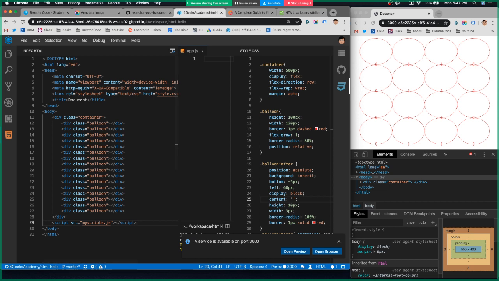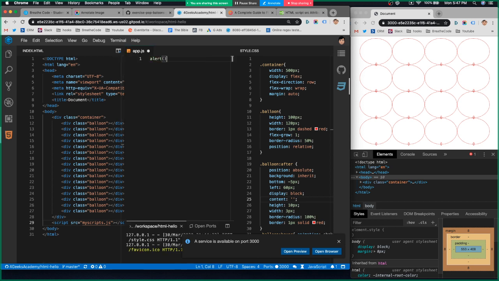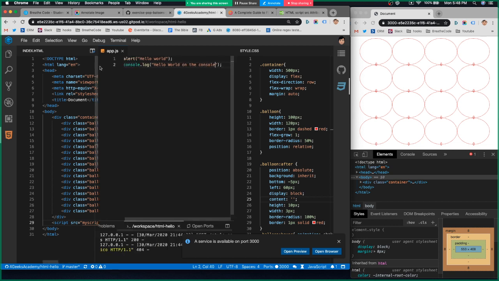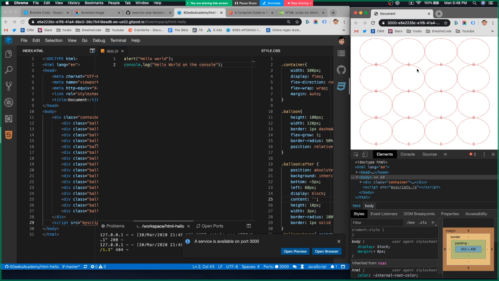How can you test if it's working? The way that I do it all the time, I put an alert. Hello, world. Or a console log will work as well, as Barathi said. Exactly. Console log, hello world, on the console. So what's the difference between the both? The alert is going to show in the middle of the screen, and the console log is going to show,